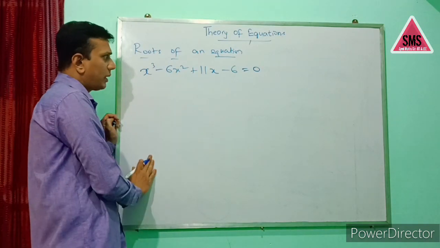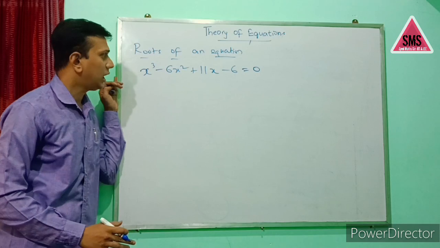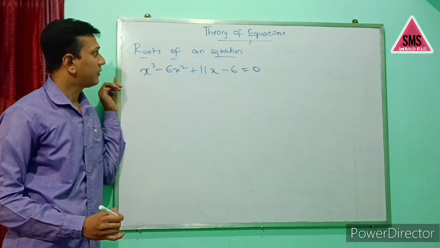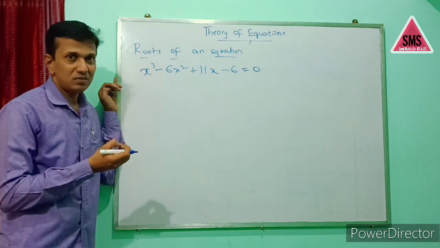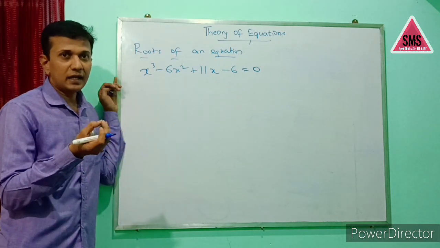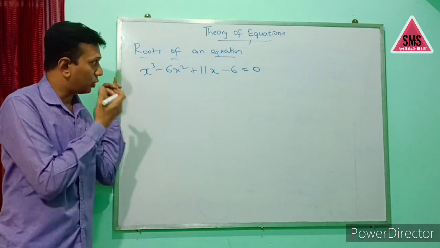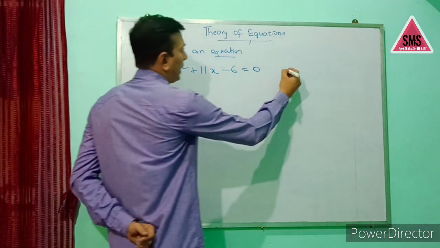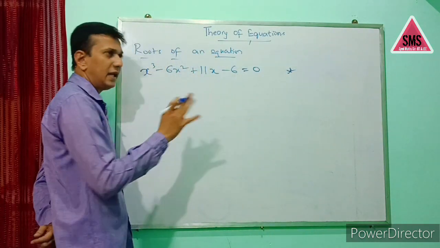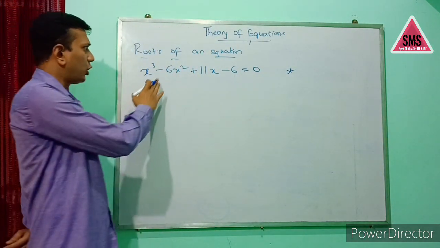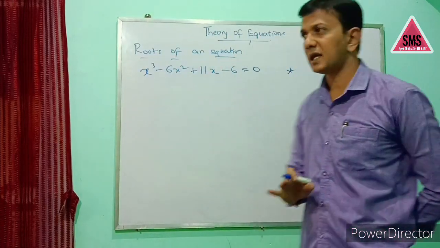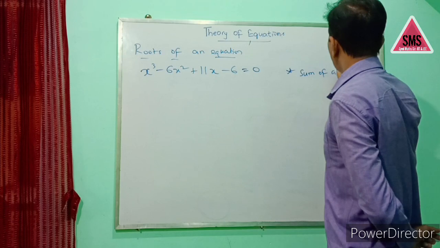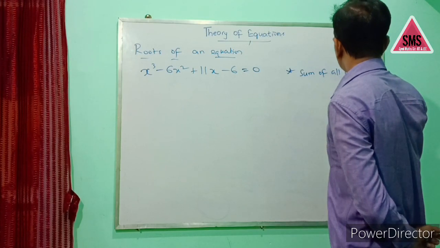Now here, since it is a cubic equation, finding the roots directly is not possible. So for finding a root of the equation, some clue must be there. Here we have to make a note that if any polynomial is given, not only a cubic polynomial but any polynomial, if the sum of all coefficients